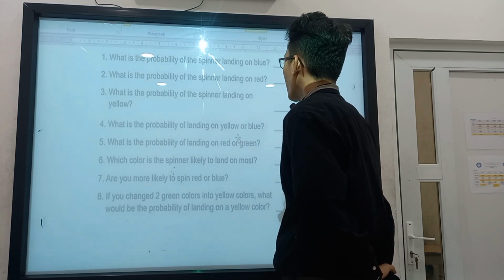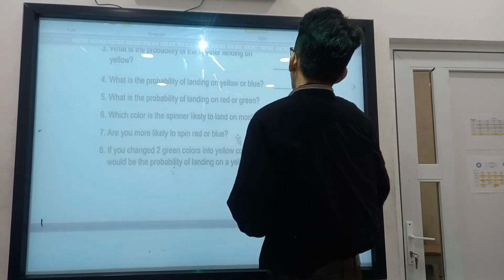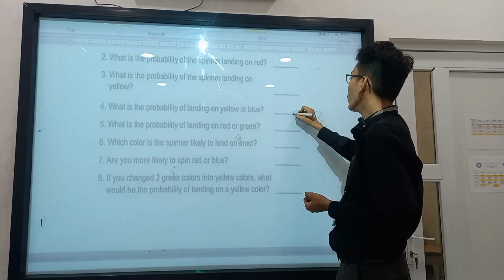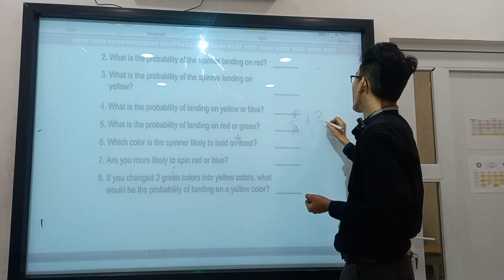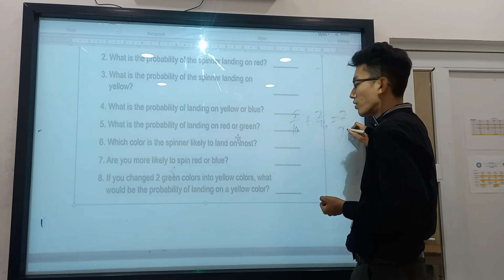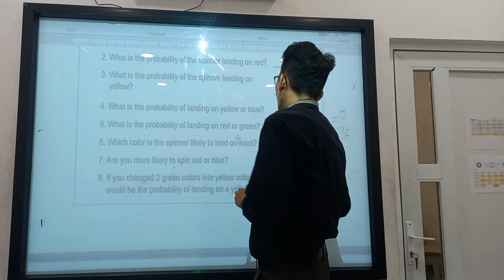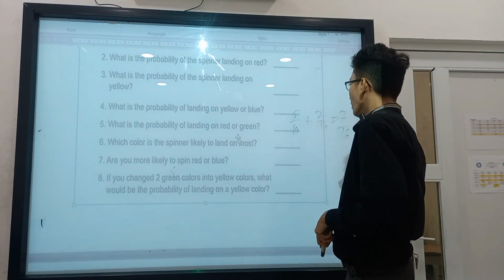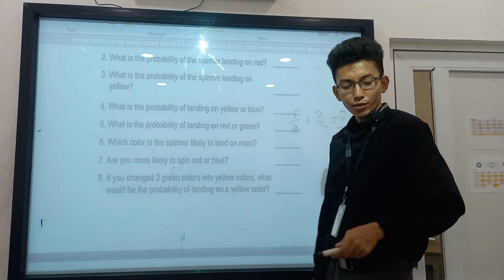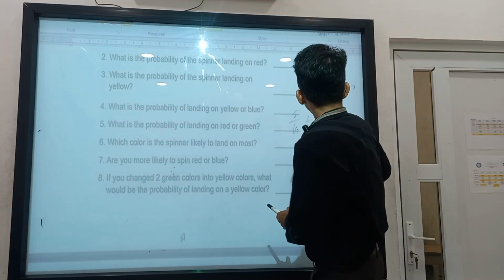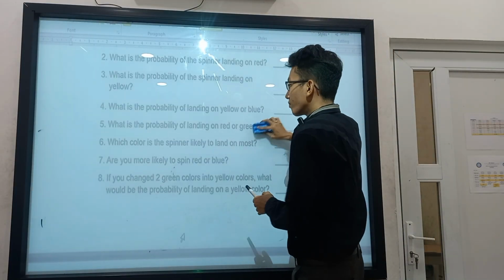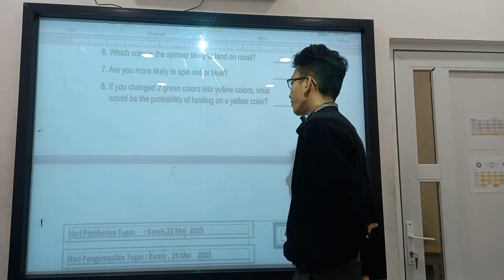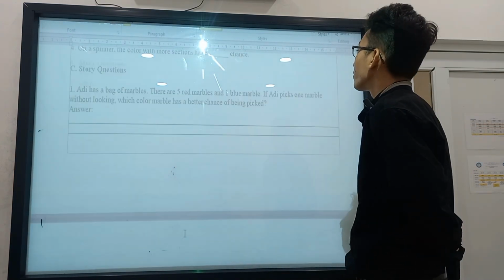Yeah, sure. Like this one, the yellow only got 2 out of 16, while the blue is 5 out of 16. So if we combine it, it will be 7 out of 16. That is the probability to pick yellow or blue. It will be bigger, right? You have two options, yellow or blue. Yes. If the answer key does not match, I can match it later. Now we move to